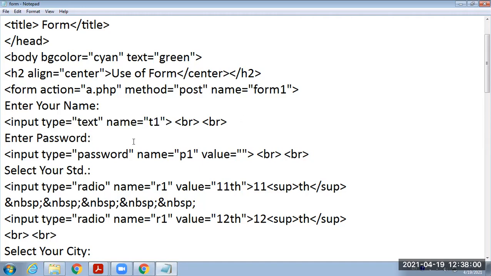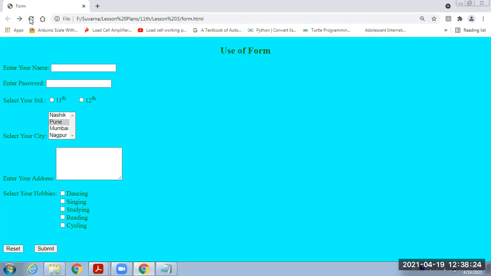Here, "Enter password." Now to display the password in the dot format, we have to use the type as password. I use the name as P1 and the value provided is blank. See here, if I provide any value, suppose A, and then save it, and then again refresh it, what is happening?